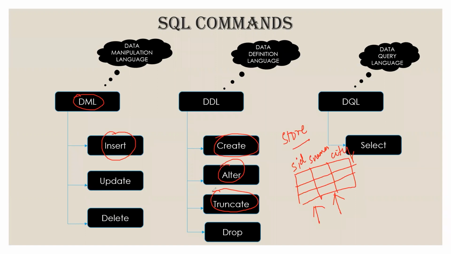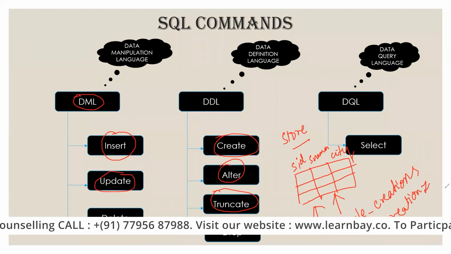Okay. Now again, I'm starting to insert values. Now after I start inserting, I find there are a few changes that I have to do for the inserted value. Then you can use a command called update. For example, initially I have given the store name as style creations. Then I just want to change it to something like with Z inside. Then I can go ahead and update.